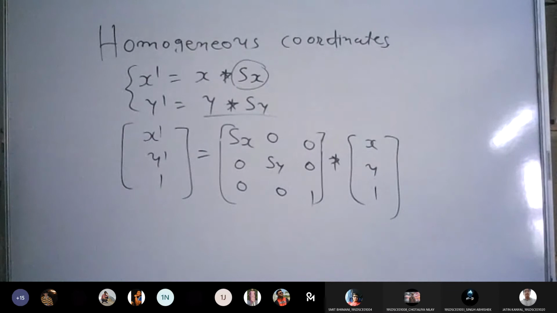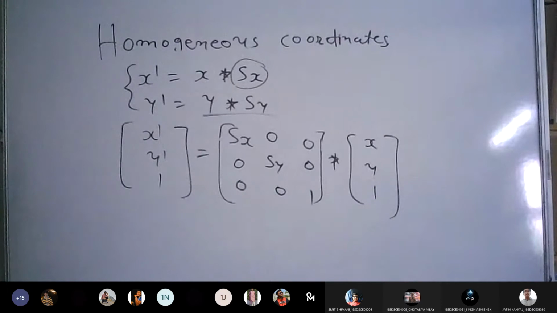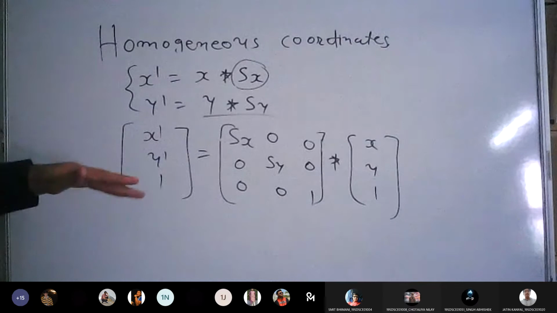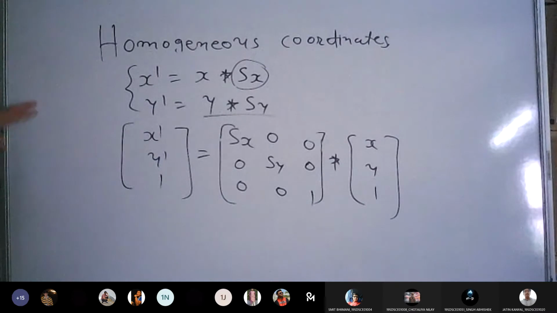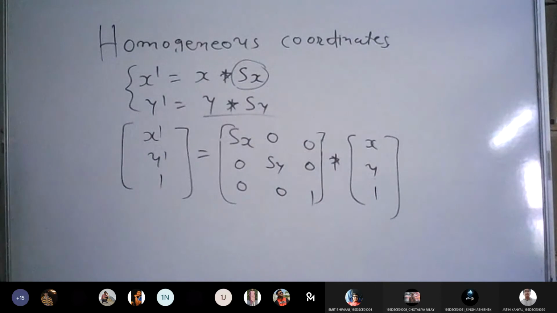So now what we have done, we have converted all the matrices into 3 by 3. Why did we do it? Because we wanted all the transformations to be in the same form. So now we have translation, we have rotation, and we have scaling. And if you look at all the transformations, all the matrix forms are in multiplicative form. Any doubts so far?